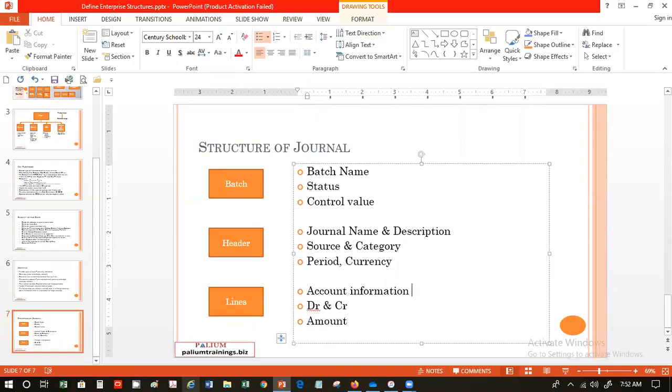Account information is the entire key flexfield, accounting flexfield information. So typically like 01.000.1234500, depending on what your structure is. So you would have that over here. Now when the debit and credit is equal, we call it a balanced journal. Otherwise, if you are posting and suspense account is enabled,